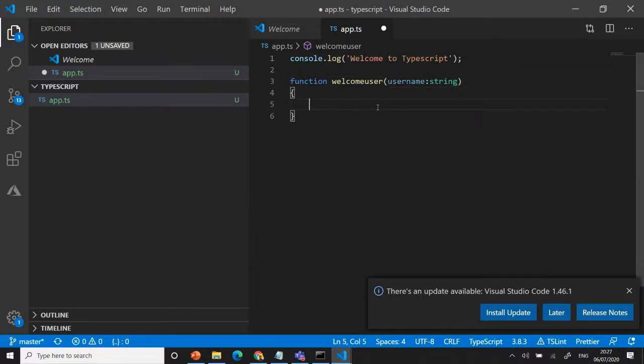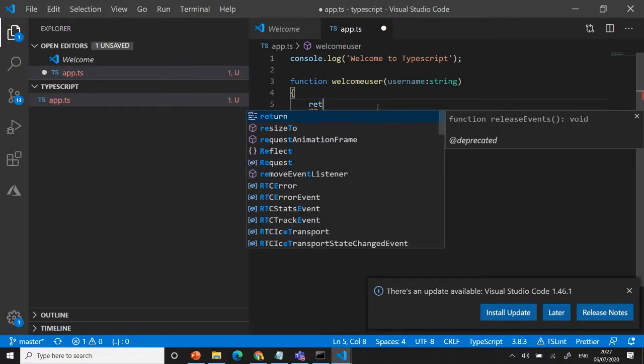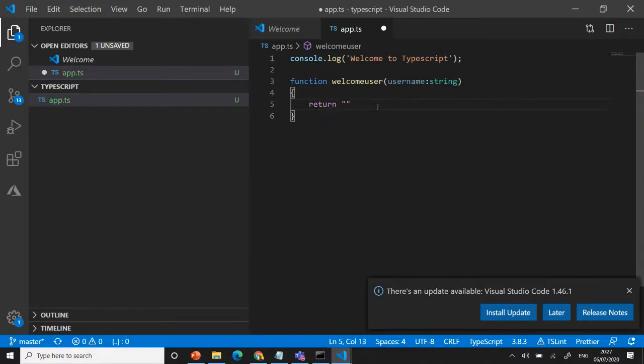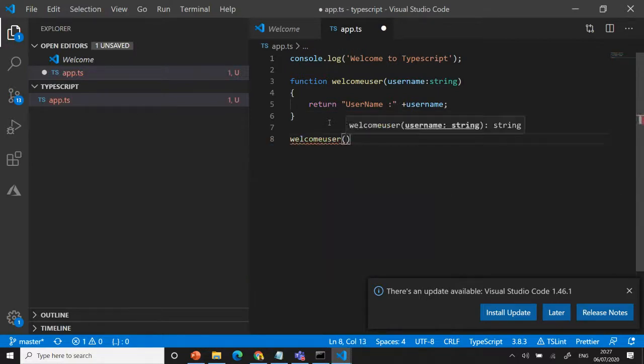Once you have a function, you can say you want to return some value. Return just a username, whatever you are getting. You can pass the value also, right? You can get the method like username plus, just concatenating, get the username and return it back. Username colon username, whatever return. This is a simple function. For the example, what we call is normally welcome user, Jenkins, whatever you can add.